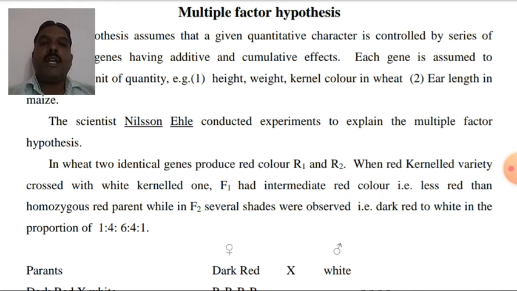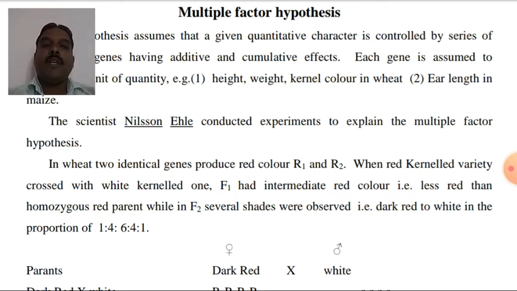The statement of that hypothesis is that this hypothesis assumes that a given quantitative character, which is measurable, is controlled by a series of independent genes. Independent genes means their number may be variable. So on the basis of their number present in the genotype, they show different effects. How we observe these effects, we study with one example,